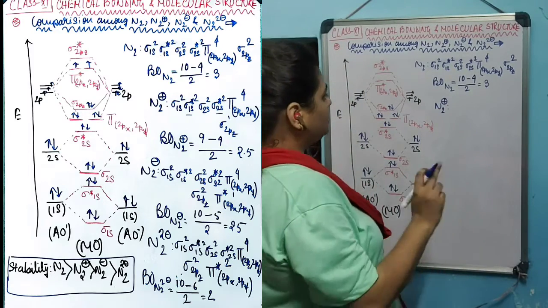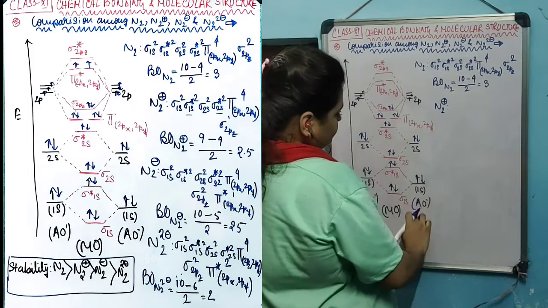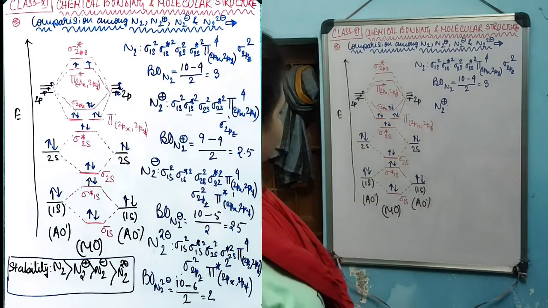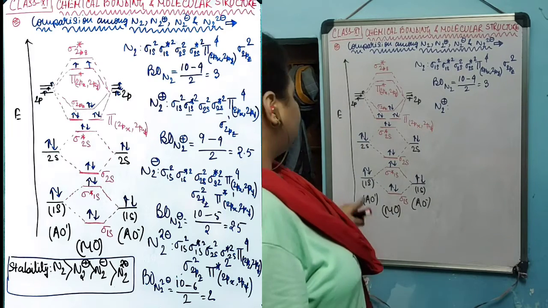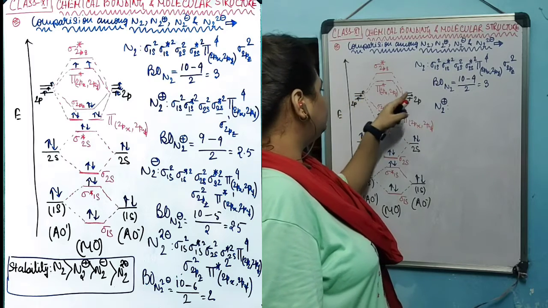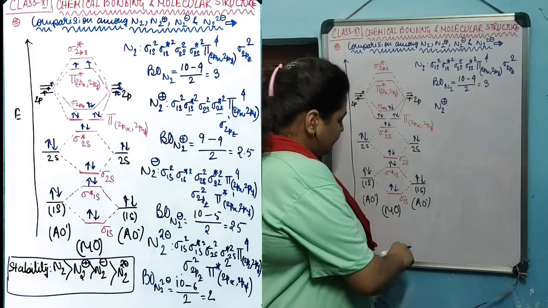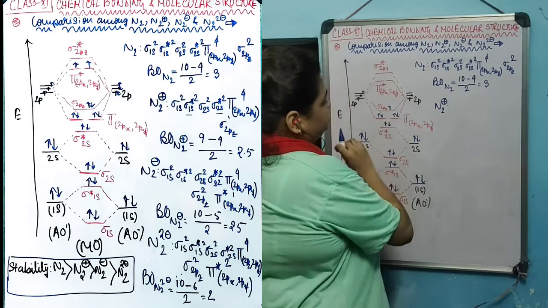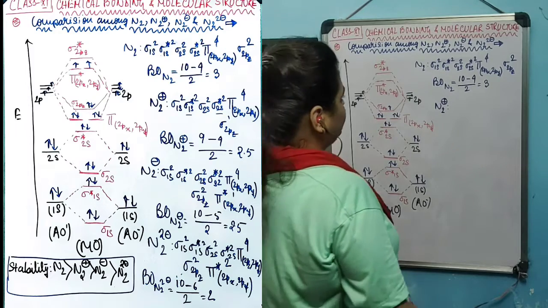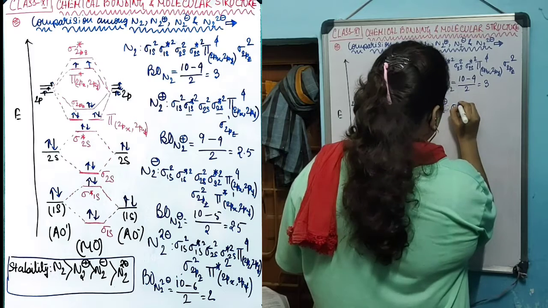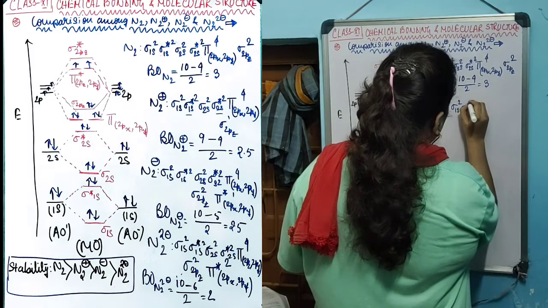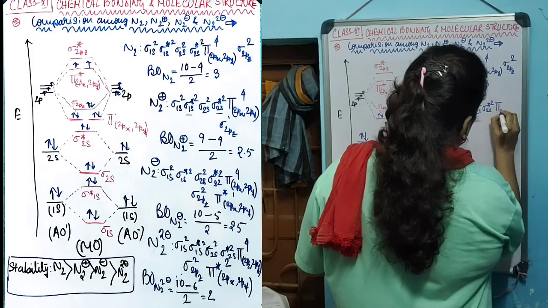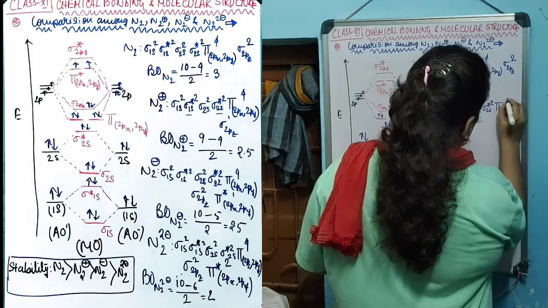For the N2 plus species, one of the atoms, let's say this atom, will contain 1 electron less, and thus the total number of electrons that will be combined will be 13. 1 electron will be less in the sigma 2pz orbital, and thus the electronic configuration will be sigma 1s 2, sigma star 1s 2, sigma 2s 2, sigma star 2s 2, pi 2px, 2py 4,